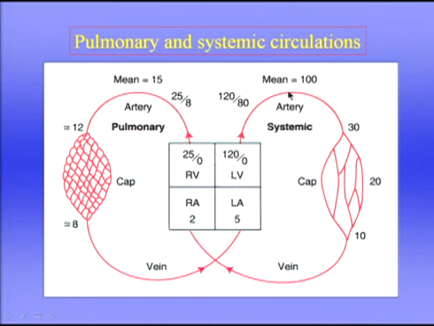The mean aortic pressure is round about 100, and by the time you get to the beginning of the capillaries, a large amount of this pressure is lost. Rather different from the situation here, where the difference in pressure between the pulmonary artery and the start of the capillaries is very small. And the reason for this is that on the systemic side, we've got throttles, if you